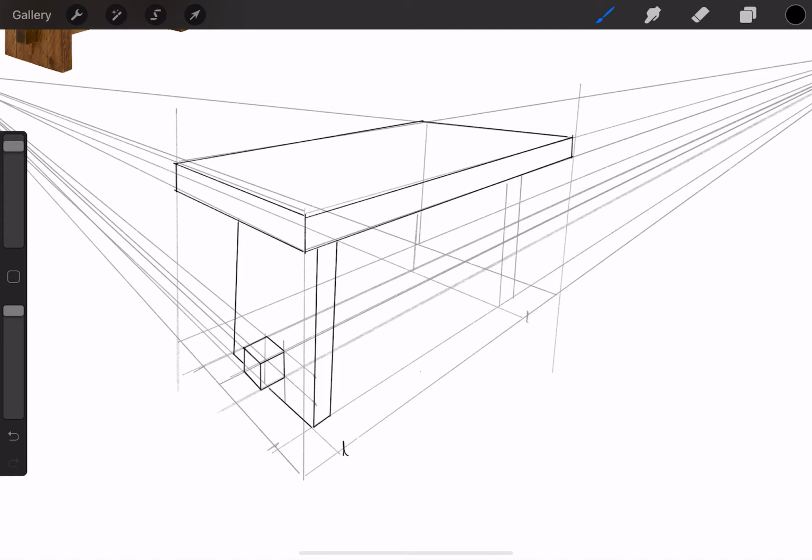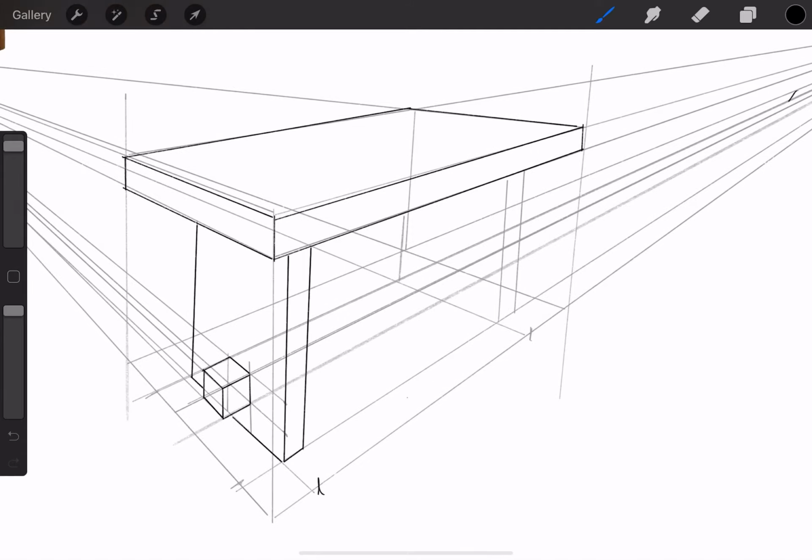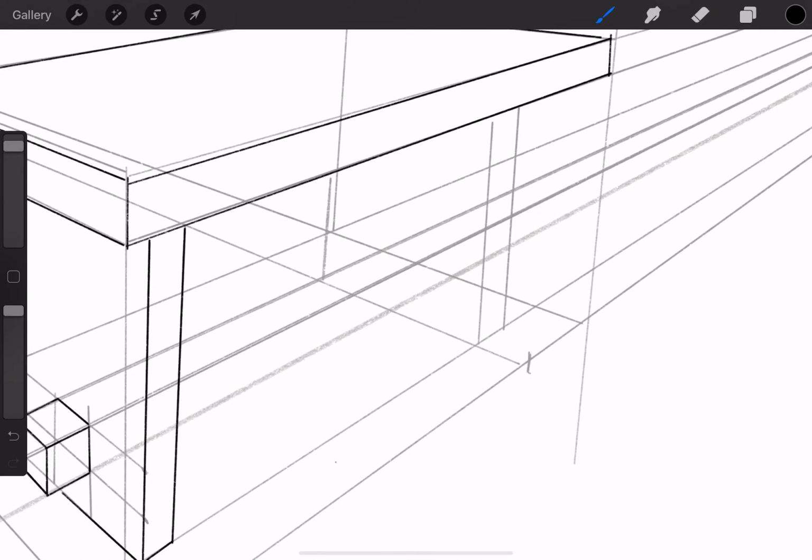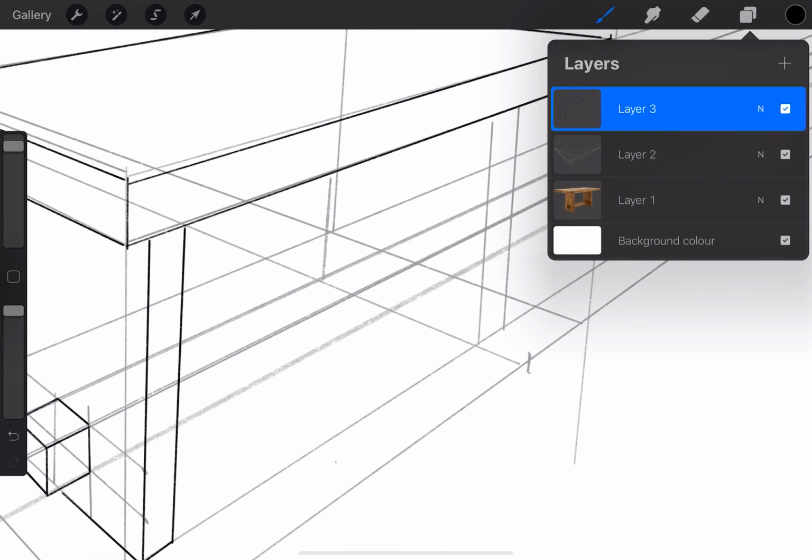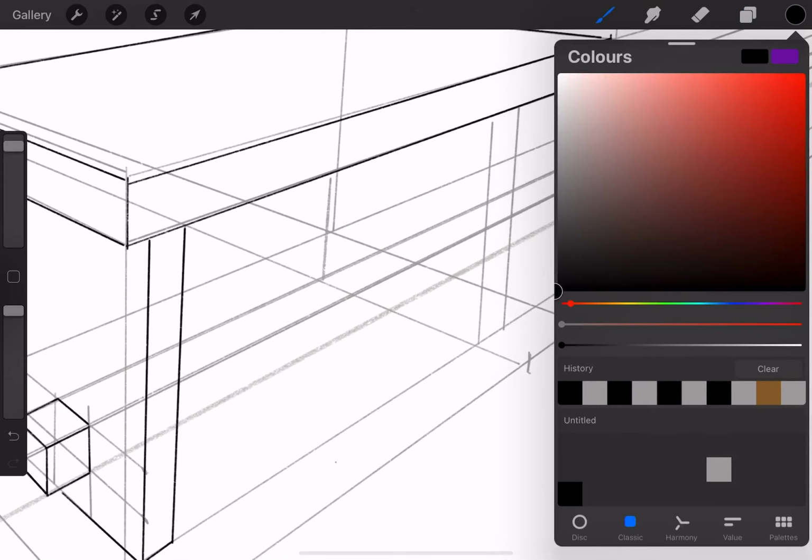And again, as we go towards the back of the shape, it's a pretty similar way that we're going to be creating that. We're going to go back into layer 2 here, bring in the lighter line, and we're estimating